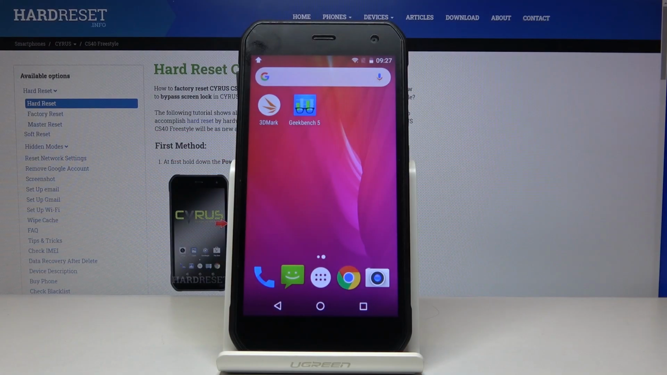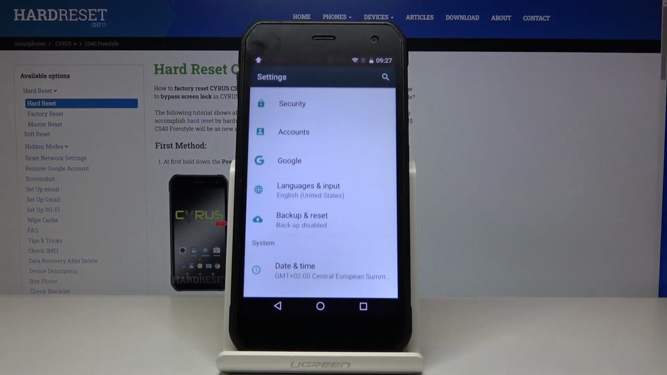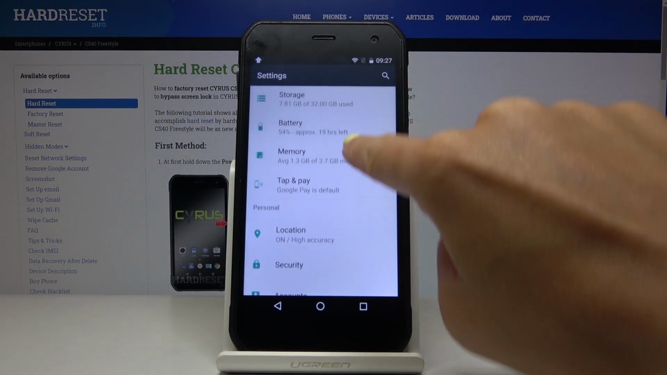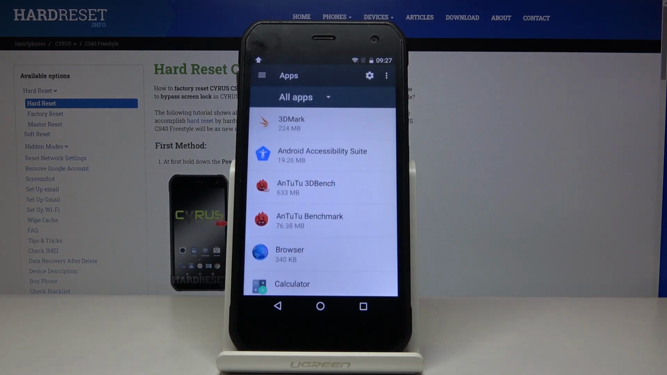In front of me is CYRUS CS40, and let me show you how to reset app preferences on the following device. So first of all, you have to open the list of all apps, then find and select settings. Now locate and open apps right here, and then click on the more icon, which is the three dots one in